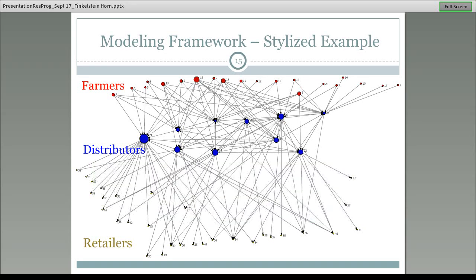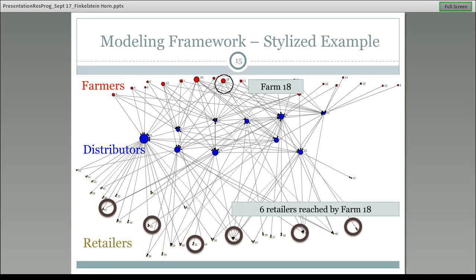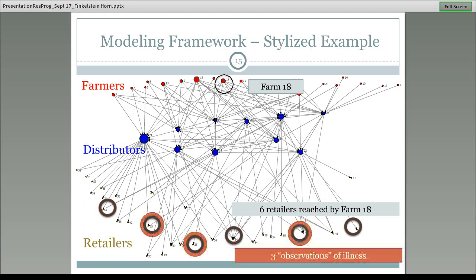Say that we know that farm 18, this farm circled above, is the source of the contamination. Well, through the network, this farm is able to reach these 6 retailers that are highlighted in these circles below. And of these 6 retailers, only 3 actually report illness. As is very common in public health, there's great underreporting of illness. So right now, we're left with a problem where we only have 3 reports of illness,